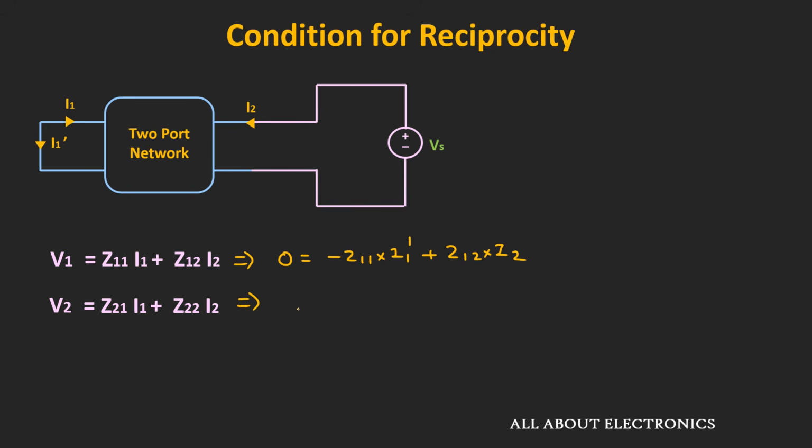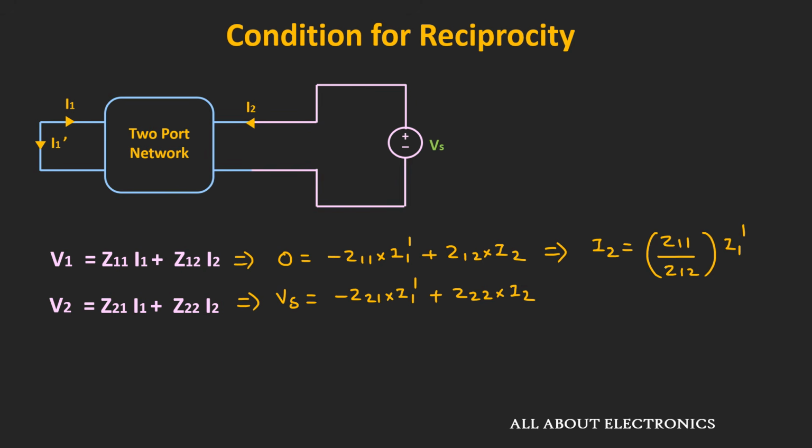And for the second expression, we can say that Vs is equal to minus Z21 times I1 dash plus Z22 times I2. Now once again, here we are interested in finding the ratio of this voltage Vs and the I1 dash, that is the ratio of the excitation to the response. So for that, let us find the value of current I2 in terms of I1 dash. So from the first expression, we can say that current I2 is equal to Z11 divided by Z12 times I1